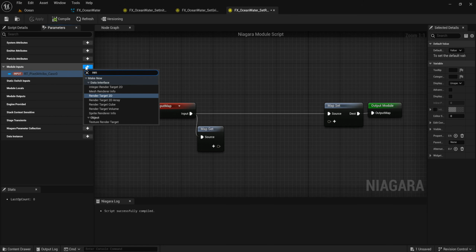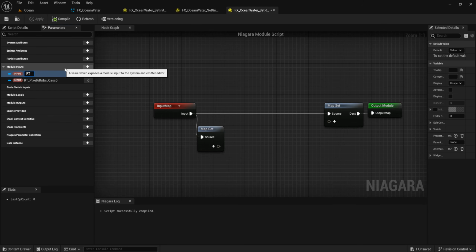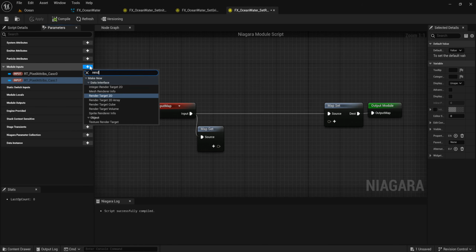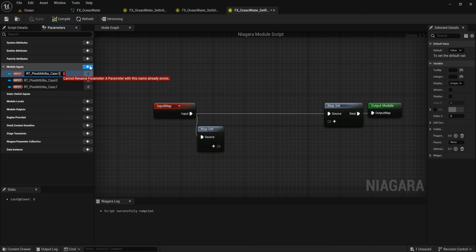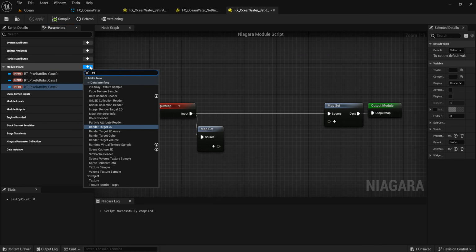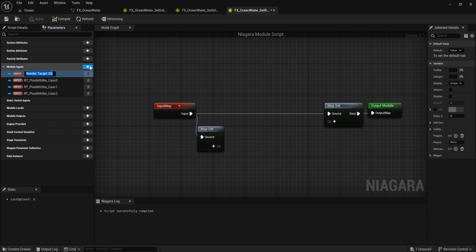Render target 2D, RT pixel attributes has 1. Because we have similar names, copy this name, add render target 2D, paste the name, set it to 2, render target 2D, paste the name, set to 3,